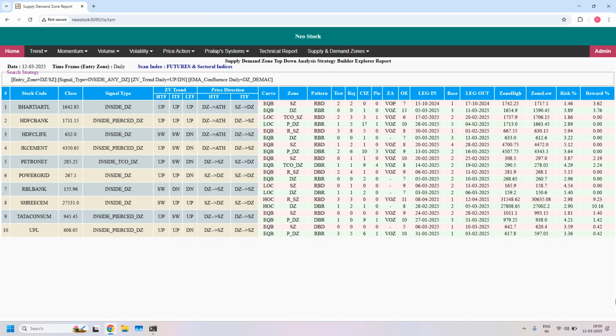We got 10 stocks. So current price closed in these 10 daily demand zones, and also these daily demand zones are having daily EMA confluence. Some of these daily demand zones are piercer zones. You can apply piercer zone strategies on those stocks. Okay, next,